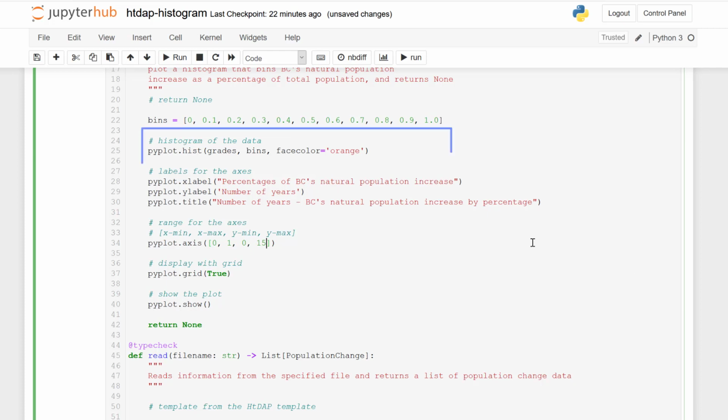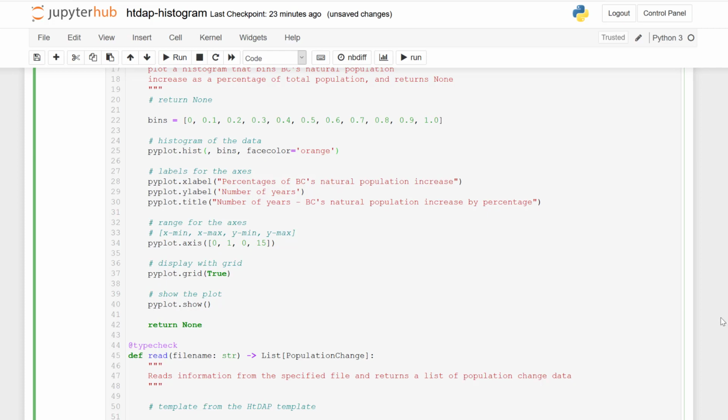Now let's go back to line 25, the call that actually creates the histogram. The first input is the grades. And remember, this is from our worked example, so that was all of the grades that were going into the bins. So in this case, what we need is all of the percentages that we want to place into these bins.